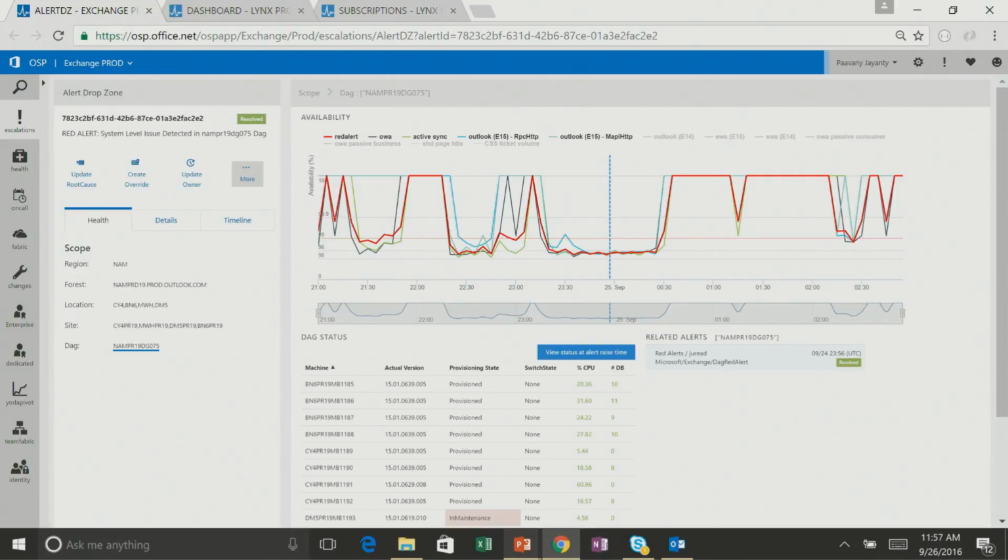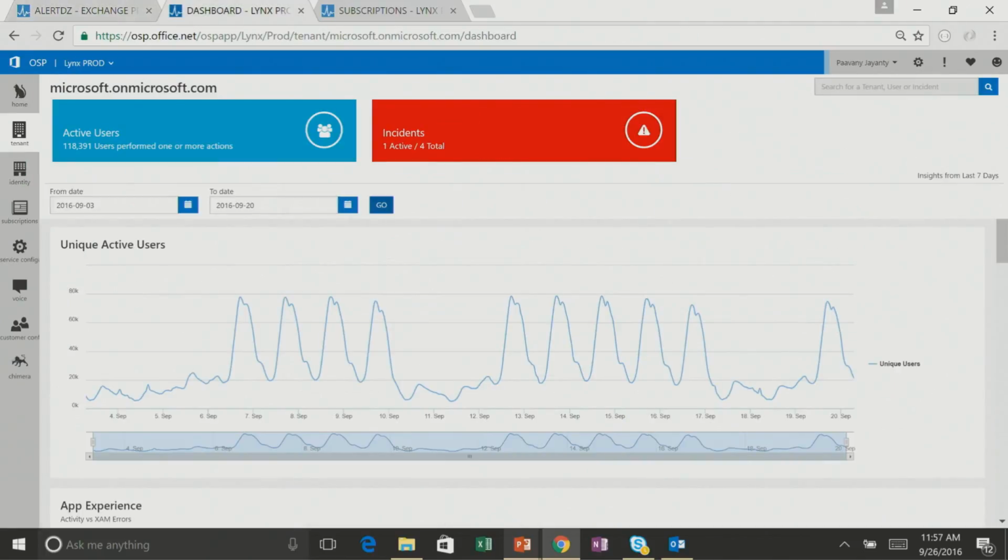So what happens then? Our job is not done yet. What we then do is switch gears and use a tool called Lynx. Just as an aside, Lynx is a type of wildcat, like a tiger, lion, etc. Mythology has attributed several supernatural qualities to this creature, including clairvoyance and deep insight. And so we naturally had to name this tool Lynx. Anyway, Lynx is basically an on-demand tool that does a continuous assessment of every single user in Exchange.